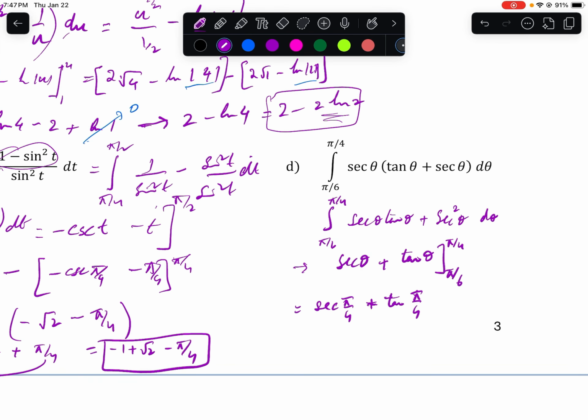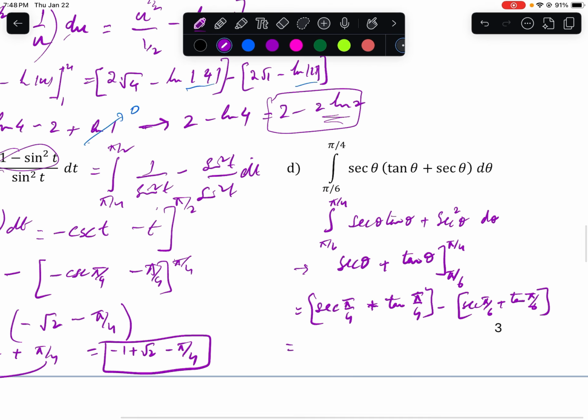Okay, so this is the top limit minus the bottom limit. Secant of pi over 6 plus tangent of pi over 6, which is equal to, now secant of pi over 4 is the same thing as what we got earlier. So this will be square root of 2 plus tangent of pi over 4 is 1